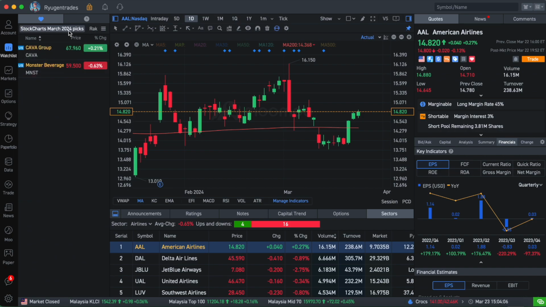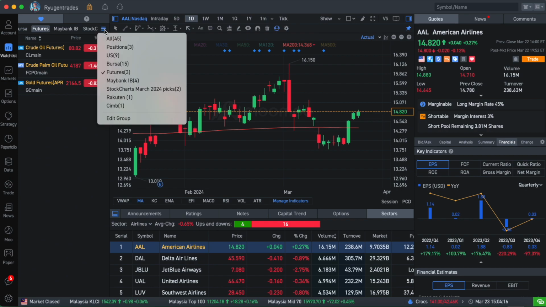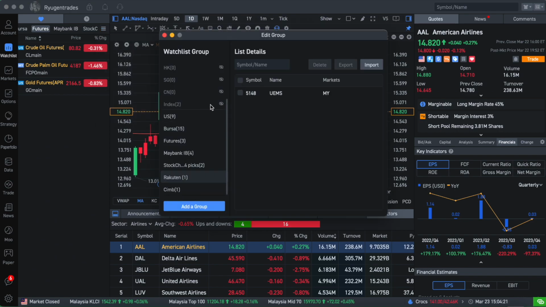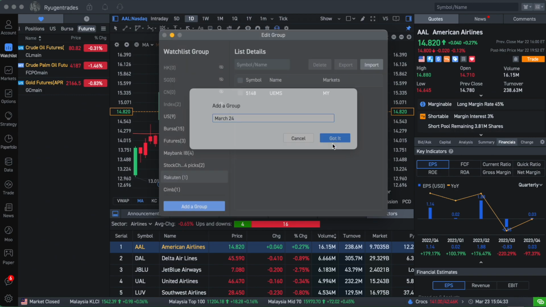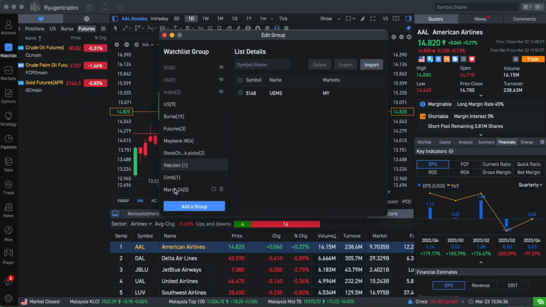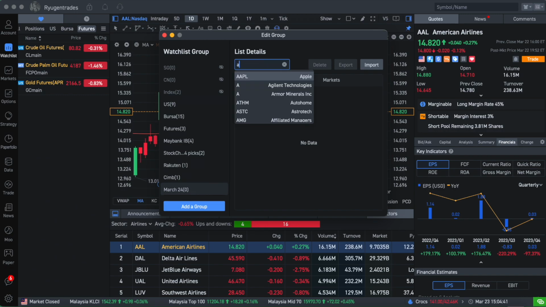So to create a new watch list, let's move on to this hamburger bar right here. Once you click on that, you will see all your existing watch list, and you can edit group, and this is where you add a group. This is a new group of watch list that you are interested in. So for this particular example, I'll just call it March 24, and you can see March 24 is 0 stocks in this group. So to add, basically just type in the ticker symbol,